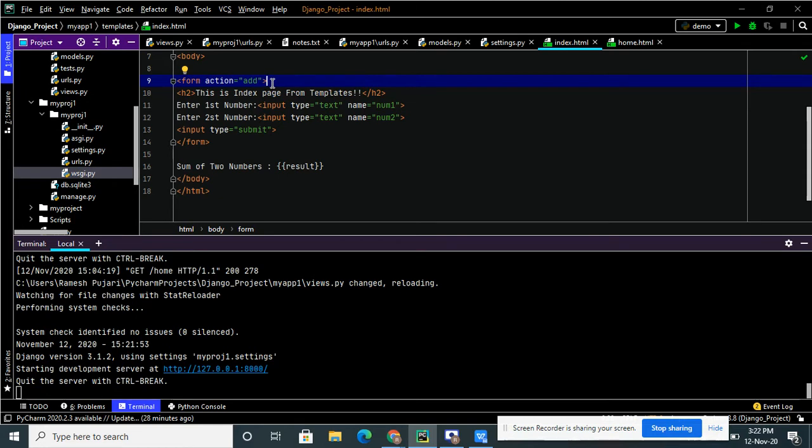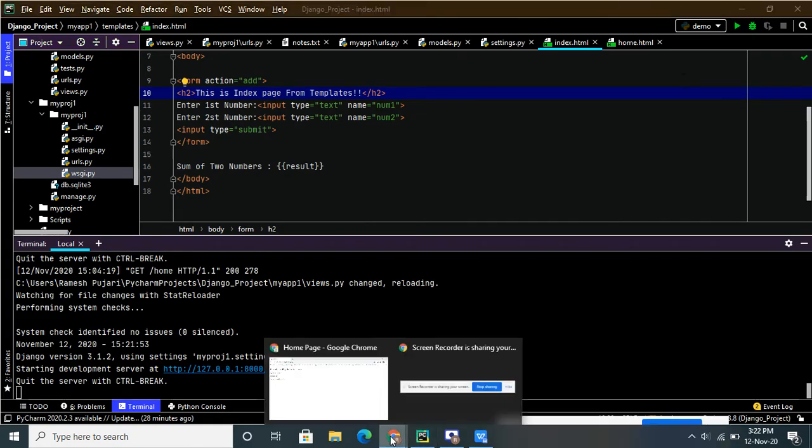If we are using CSRF tokens, it means I'm getting the data from one page and posting to another page, so I'm not using any security concept here. That's why if I use the CSRF concept, Django automatically provides the security. So I will show you without using CSRF tokens what error I am getting. In form processing, if you are not using CSRF tokens, it will give a forbidden error. Now I will show without using this one.